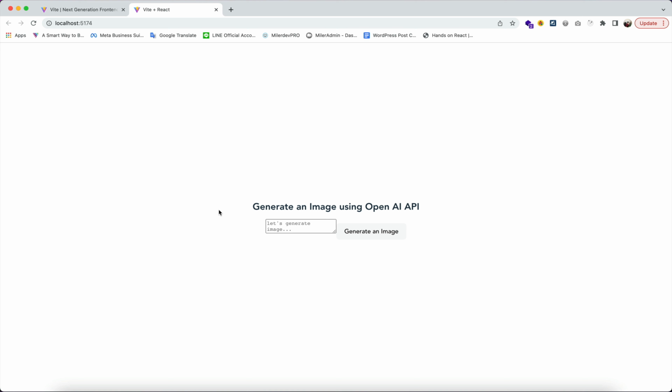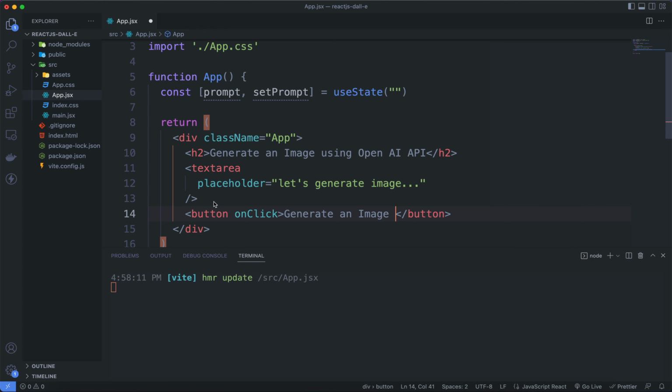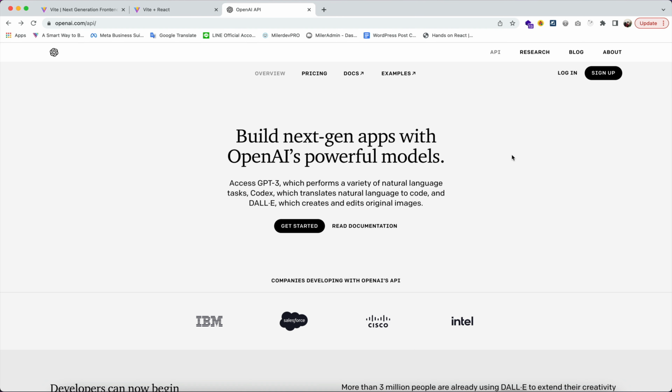So as you can see, we have our UI like this. Alright, let's use a br tag right there. Okay, cool. So for the next step, let's go to this website